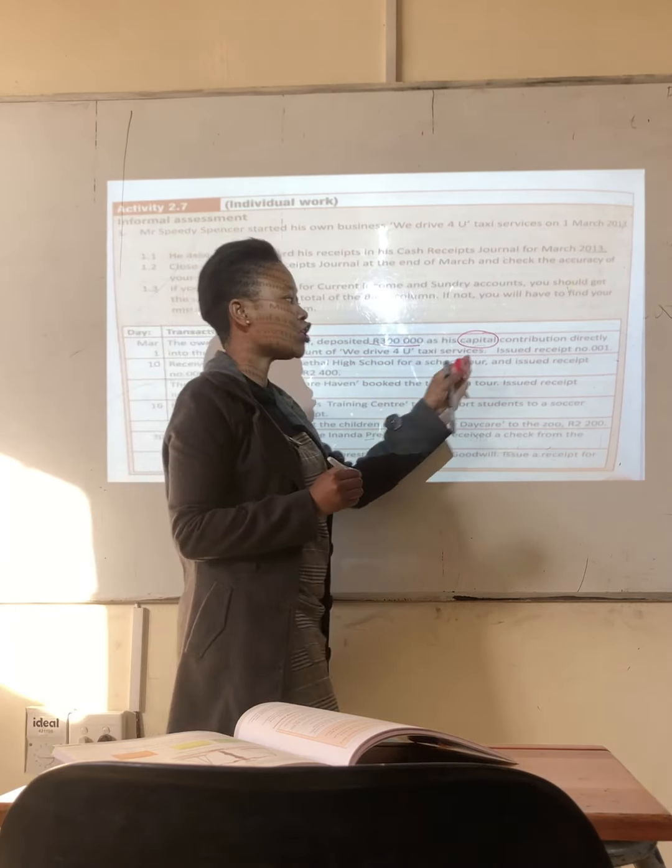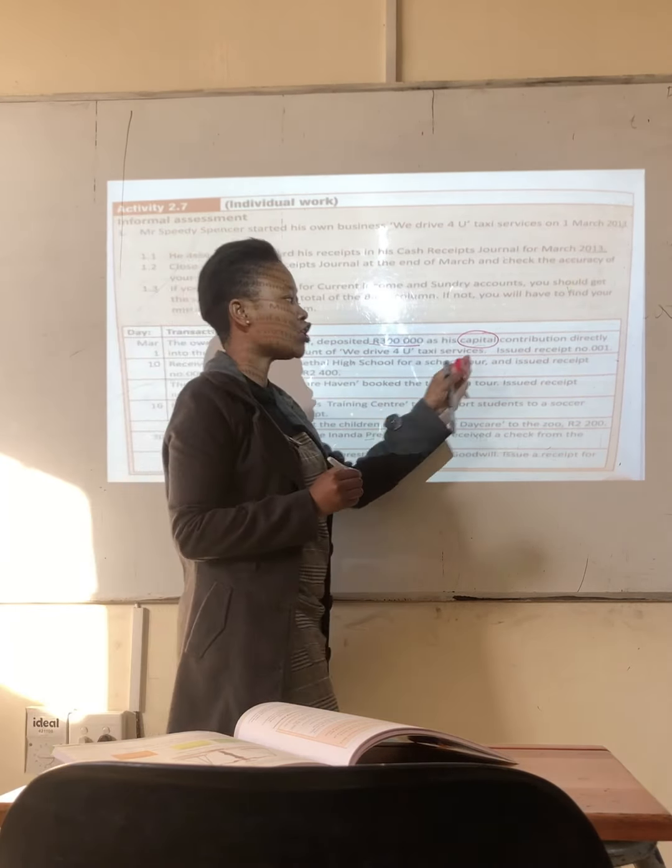The date, which date does this transaction take place? On the 1st of March, and we only write one because the information is already there. This is for March 2013. So you don't have to write March here, you just write that day. Okay? Details, under details we write who are we receiving the money from, or which business are we receiving the